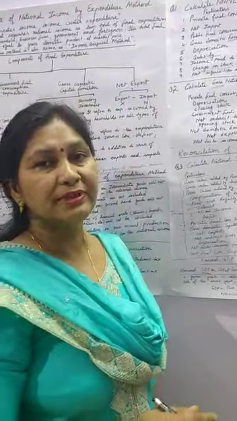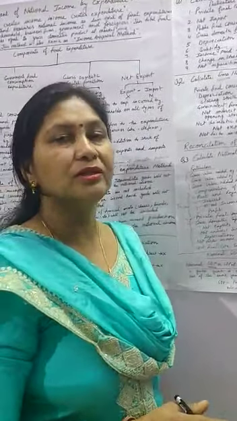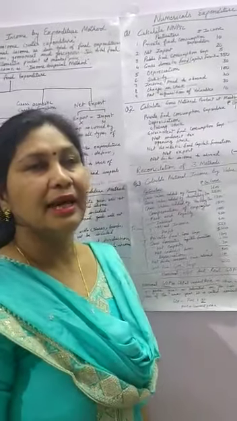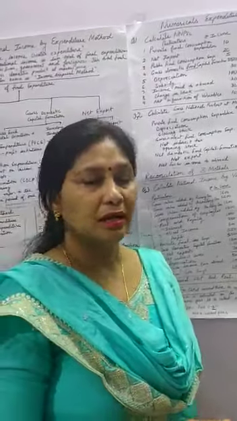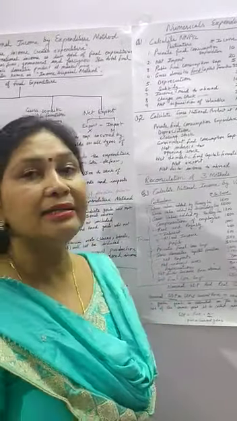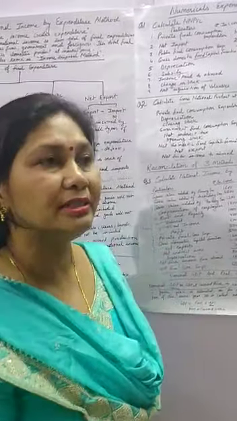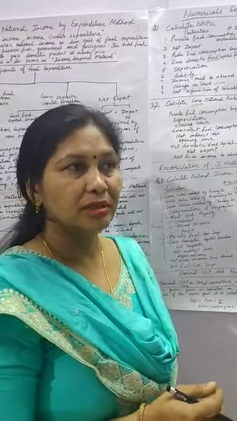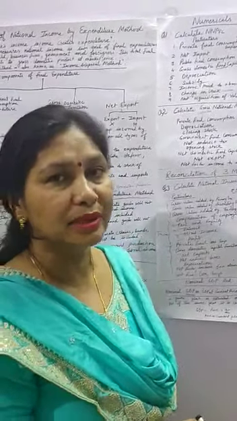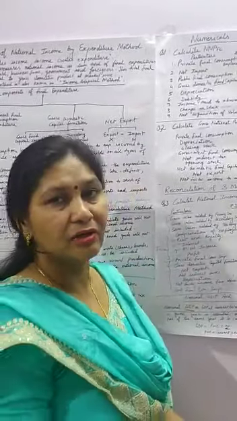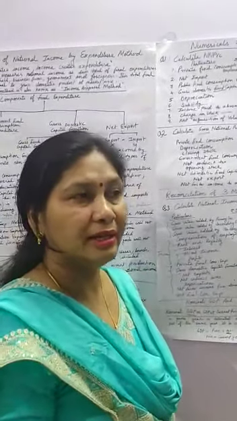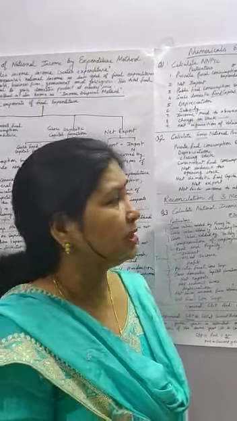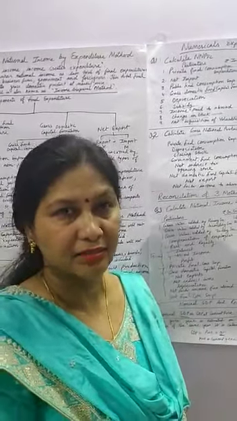And out of the two GDPs, which is better? Real GDP is better, because real GDP reflects the true picture of the economy. Real GDP is a better means of comparison, and even international comparisons are possible with it. And you know that GDP is not only the progress of our country, but it is the indicator of progress also. Through the GDP of any country, we can measure our progress, whether we are on the path of development or lacking in development activities, and whether our production of goods and services is increasing or not. That is why we calculate the national income of the country.